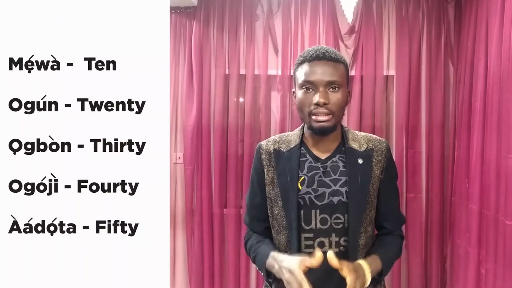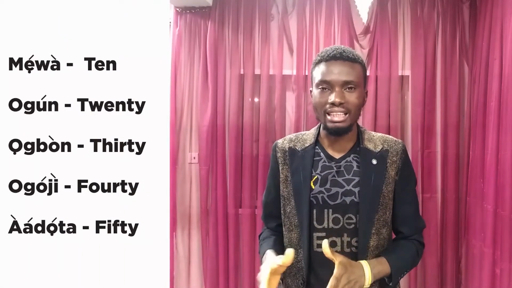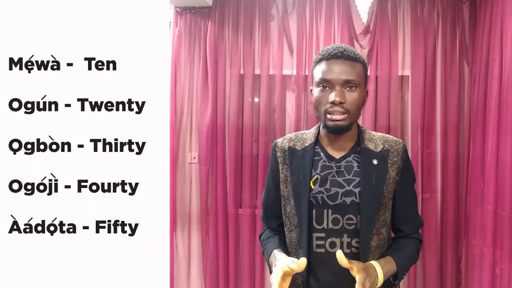Now, there's a trend in this that you might not have realized. To understand the counting system of the Yoruba language, group the numbers in tens: 10, 20, 30, 40, 50, 60, 70, 80, 90, 100, and then over 100. 10 is Mẹ́wàá, 20 is Ogún, and from 20 the system applies. Even before 20 the system applies, starting from 15. 30 is Ọgbọ̀n, 40 is Ogójì, 50 is Àádọ́ta.